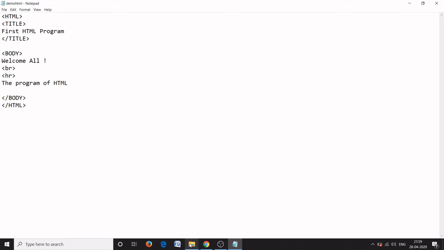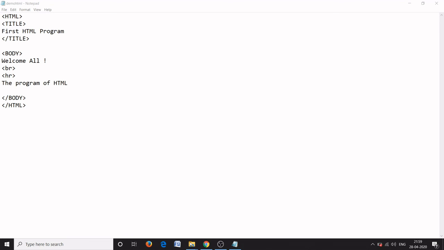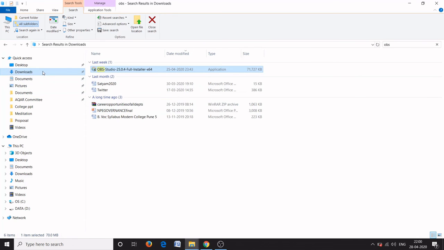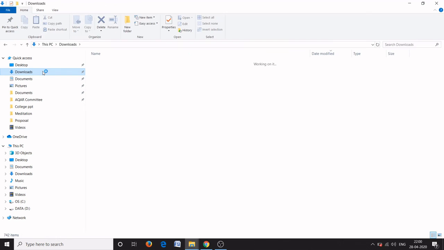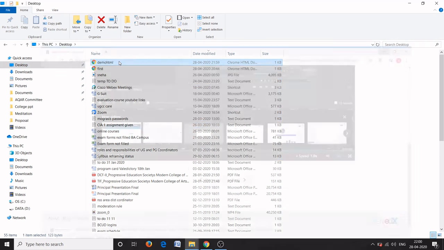How to run this program? I will just go to the Explorer. Go to the desktop where we have saved it, and demo.html is the file, and I'm clicking on this.